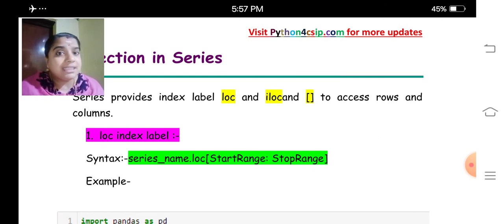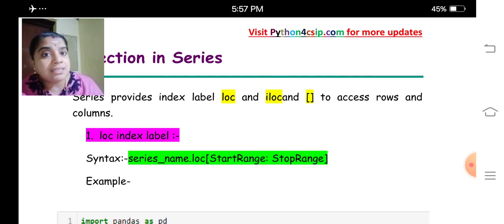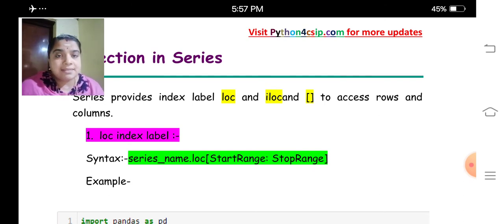We already discussed this in slices of tuples and lists, how we can slice using a colon. Similarly, a series can also be sliced by using a colon, by giving start, stop and step values.